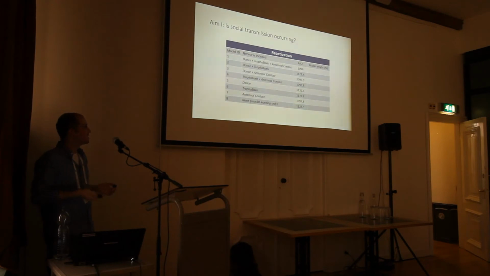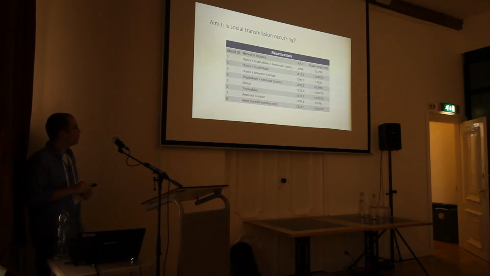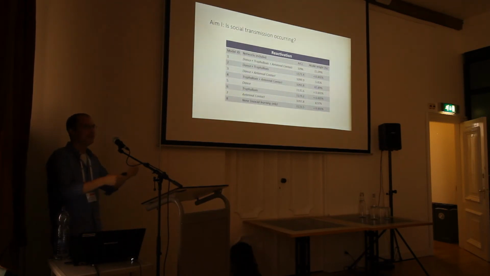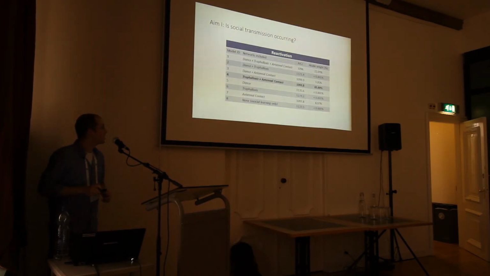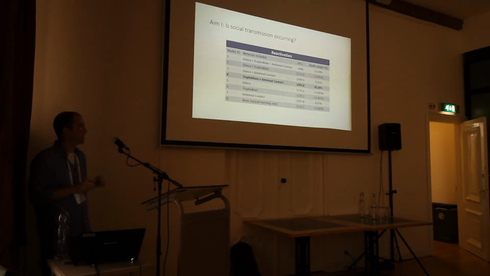We can obtain the AIC values for those models and use those to calculate our model probabilities, providing the weight of evidence in favor of a given model relative to the others. And when we do this, this is for the reactivation to the feeders to which a bee had been trained, so reactivation to a familiar feeding source. The top-ranked model included an effect of social transmission for both the trophallaxis and antennal contact networks, whereas the model that only allowed for asocial learning received essentially 0